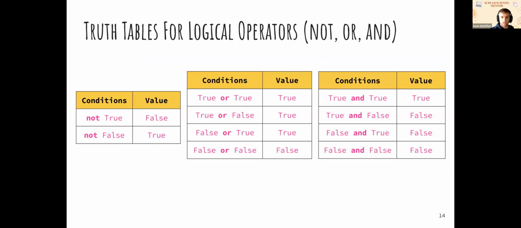If you look in the slides, we also have a truth table to kind of simplify it for you. You can go through it: not true is false, not false is true. I won't go over this whole thing; I'll leave it for you to use. It might be good to have up for your first few assignments when you're using logical operators, as a reminder. I definitely made something like this when I was first learning how to code and first dealing with logical operators. It does come in handy.